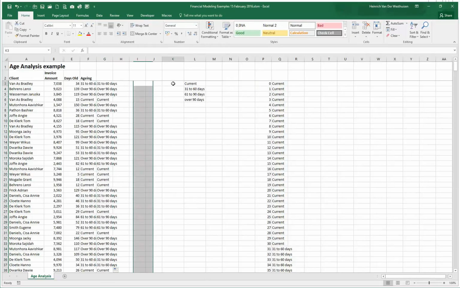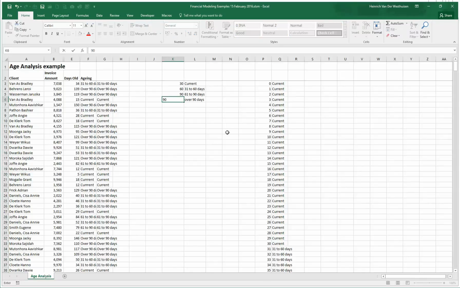The third way of doing this, we can say the first one is up until 30 days, the next one is up until 60 days, 90 days, and then everything over 90 days. So we can actually do this. Let's just test this: 60, 30, 0. So the first one will be 0 to 30, and then what we do is we do a VLOOKUP, look up that, search for that, and we just,